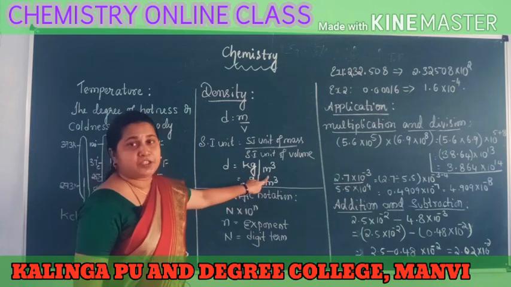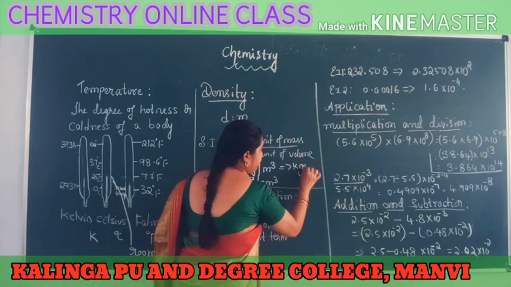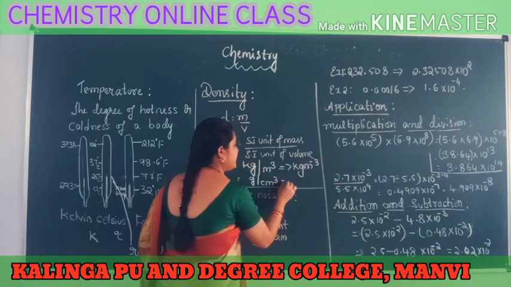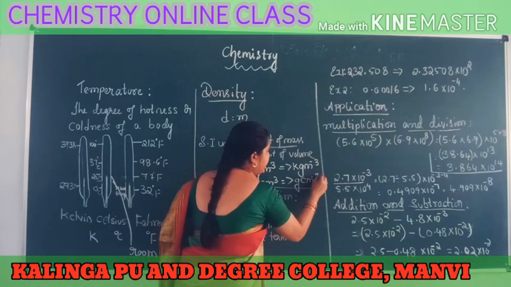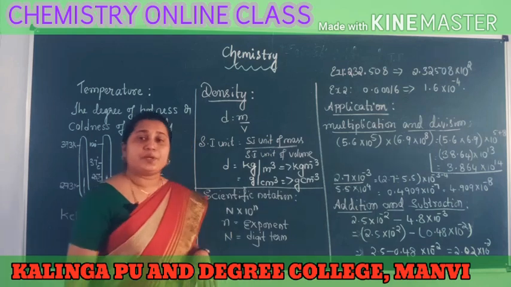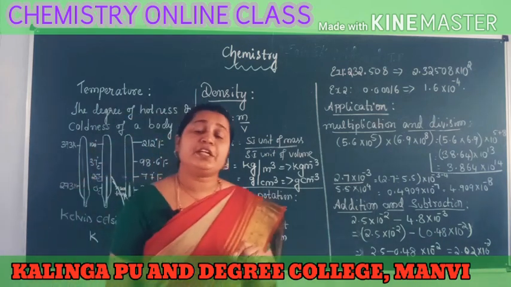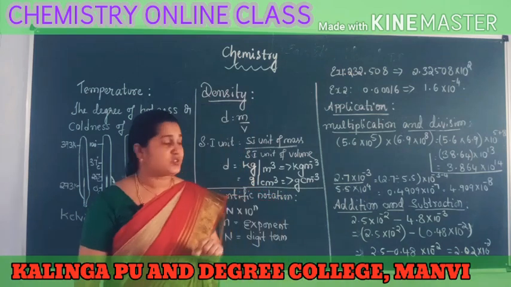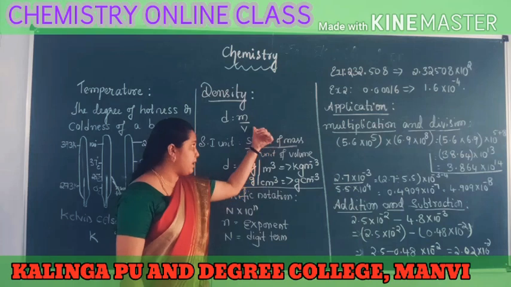So that's about another quantity which we can measure in chemistry, that is density. What is its formula? Density D equals mass by volume. And what are its units in the standard international system, and what are its subunits in the normal CGS system? Like that you can take it as gram per centimeter cube. So that's about the property called density and its measurement.